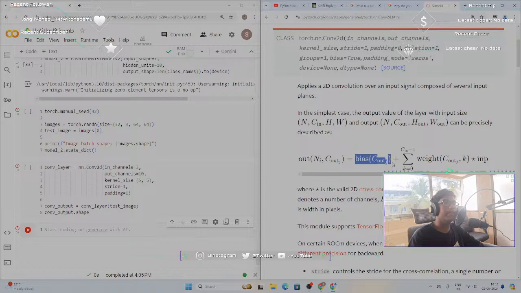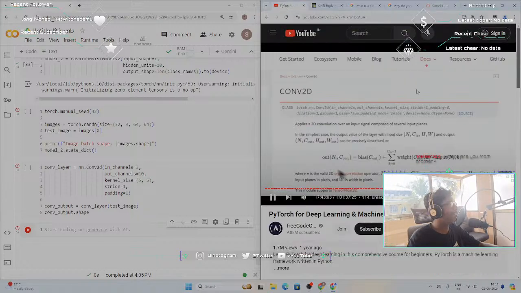It takes the bias and does some crazy math over here. Essentially, it's saying the output is equal to the bias term plus the sum of the weight times the input. So do you see how just the weight matrix, the weight tensor, and the bias value manipulating our input in some way equals the output? Now, if we map this, we've got batch size, channels in, height,